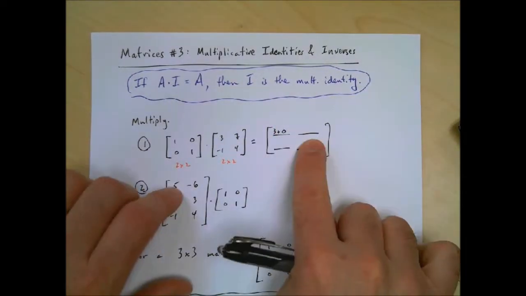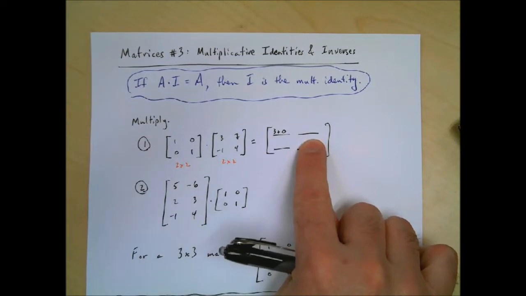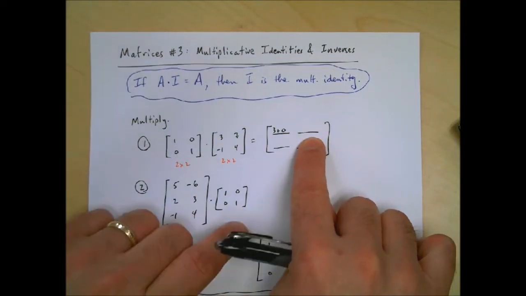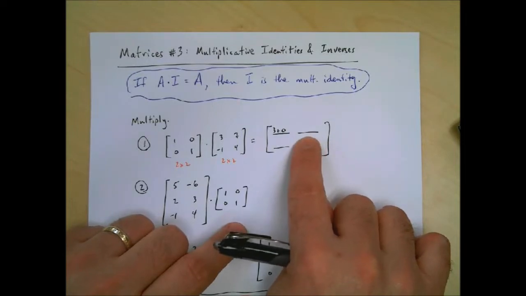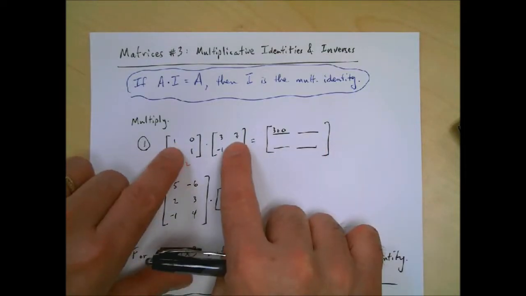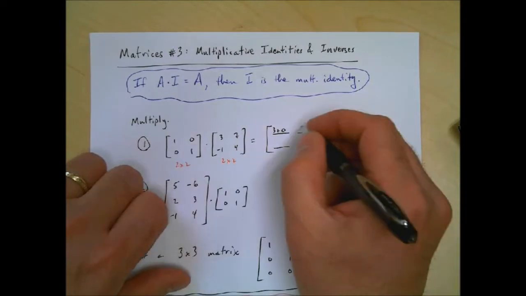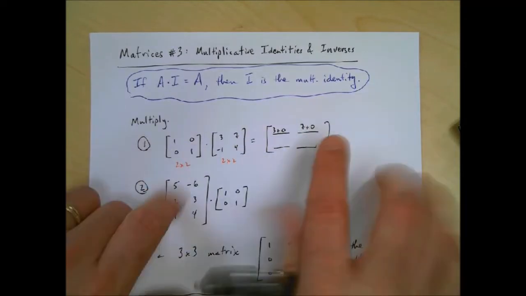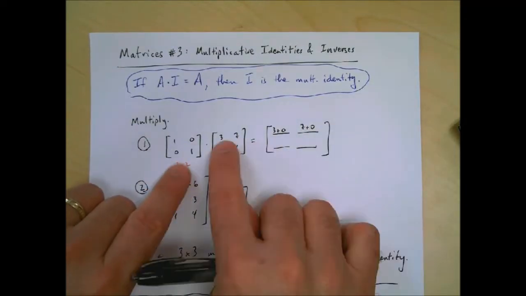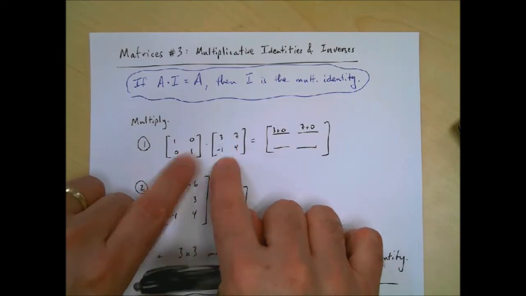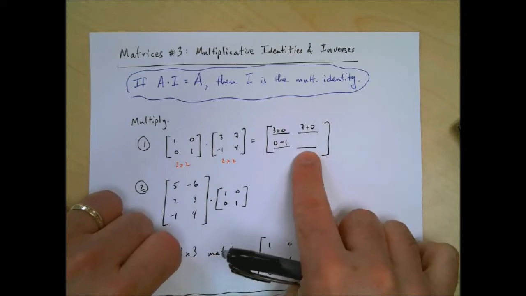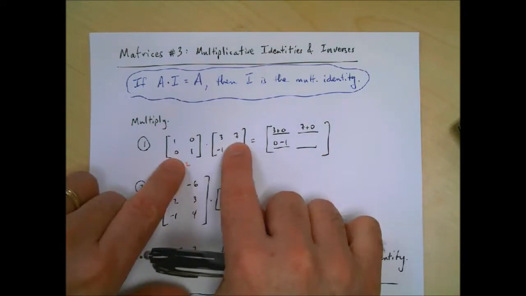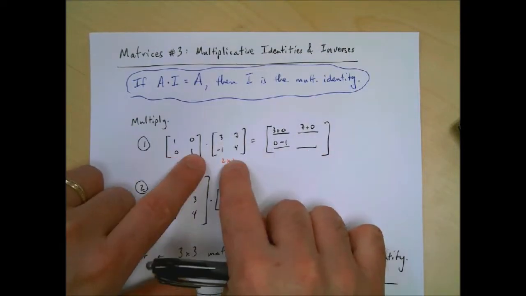First row, second column, let me get it right. So we get 7 plus 0. Second row, first column, we get 0 plus negative 1. Second row, second column, we get 0 plus 4,